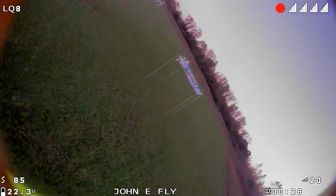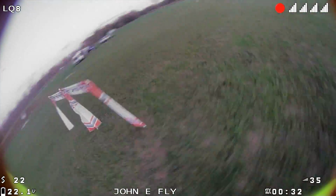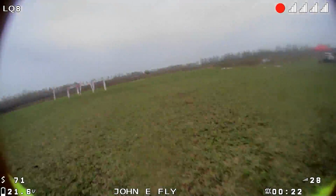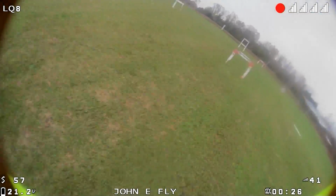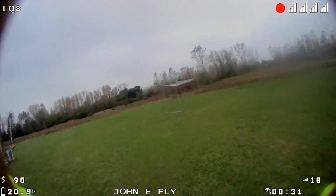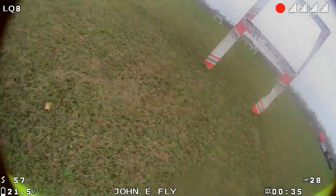We're starting to see a lot of excitement about Byte. Me personally, I've been flying Byte almost exclusively at the track for the last 1 to 2 months. I find that I don't want to fly analog anymore. It's not that analog doesn't do well. It's not that I think Byte gives me a competitive advantage at all. I just think that I can be equally as fast with both of them, and